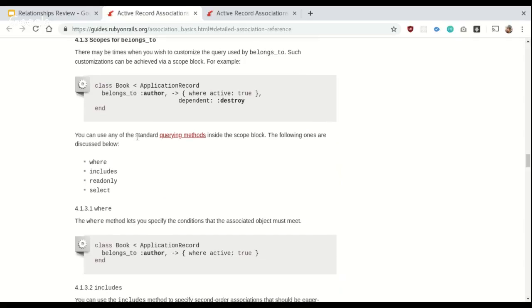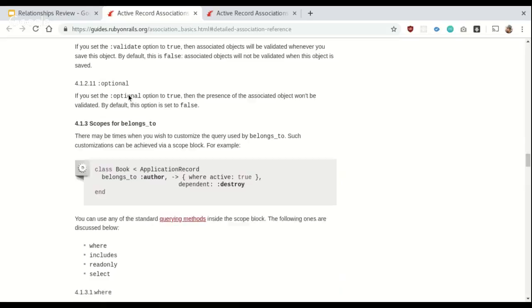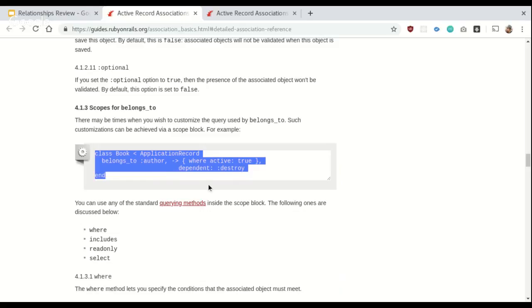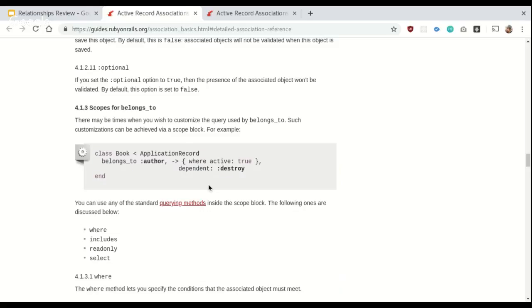Any questions? What does that top part mean? Author where active true dependency is true. Oh, this one right here. Oh, this is just chaining several things. So, for example,